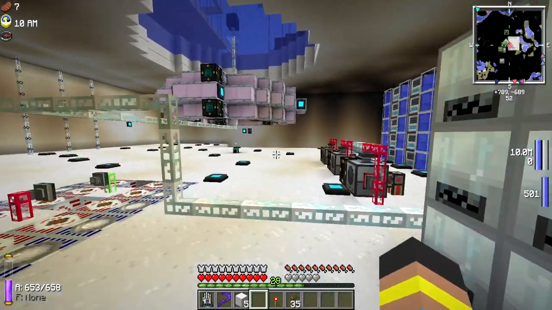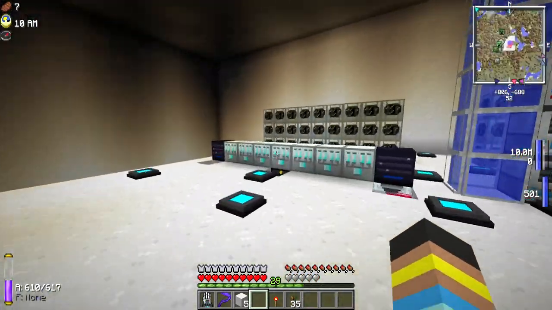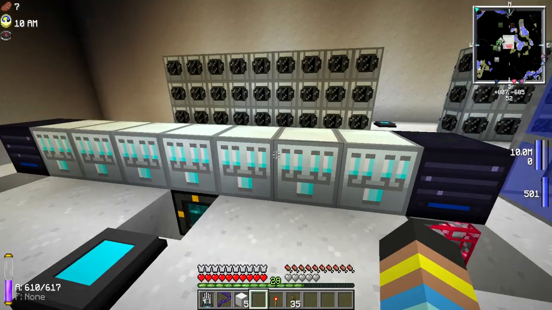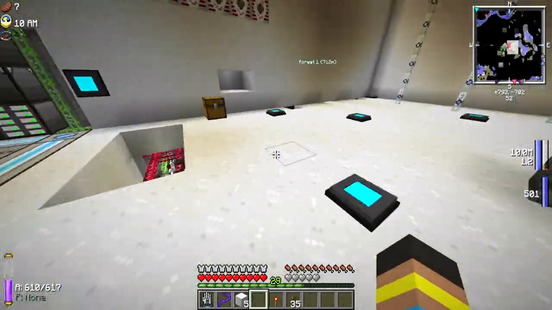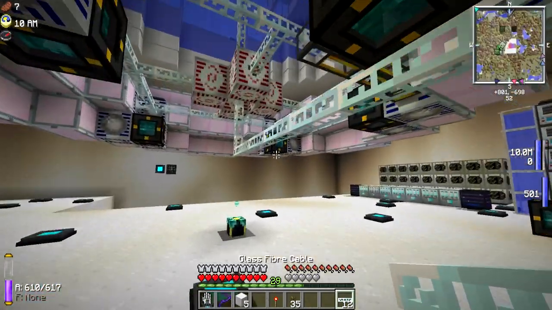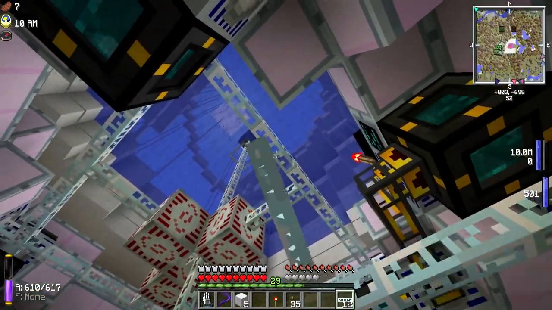I'm going to let those hydrogen cells get made. So these are all going. Doesn't look like... Oh, they're all insufficient energy lines. So if we do that, it's going to be... Okay, so let's go ahead and grab this and go off one of these